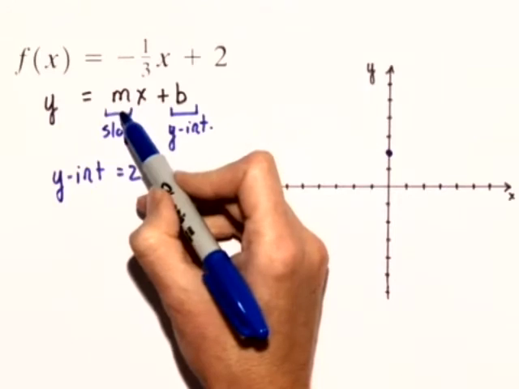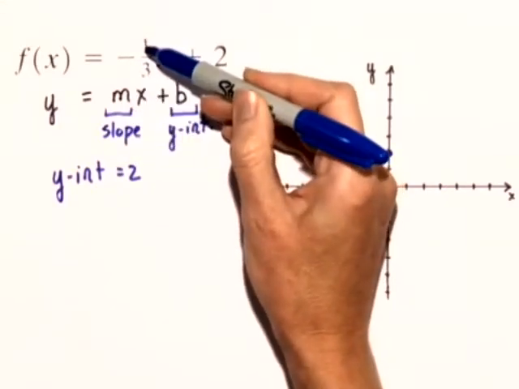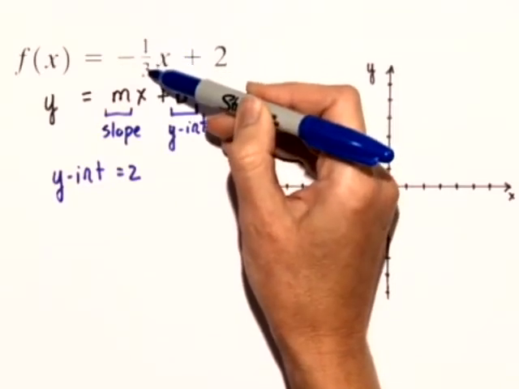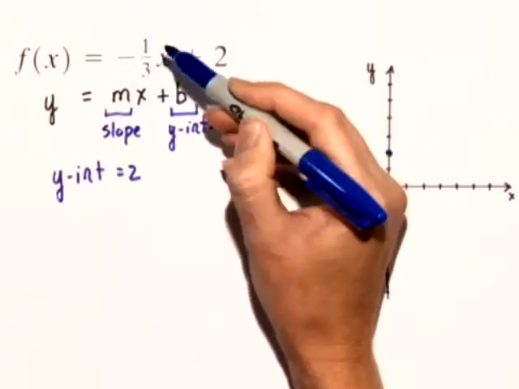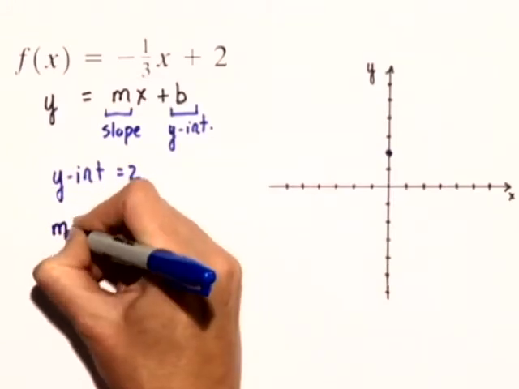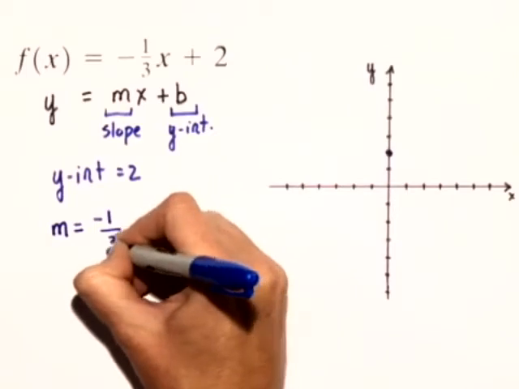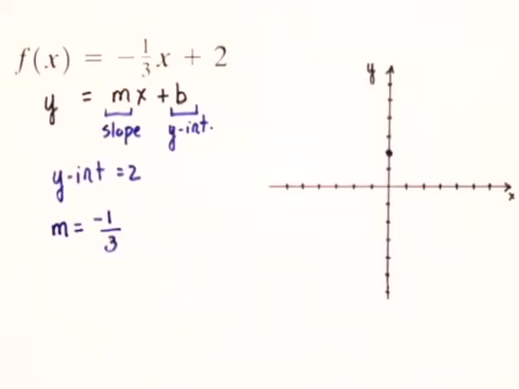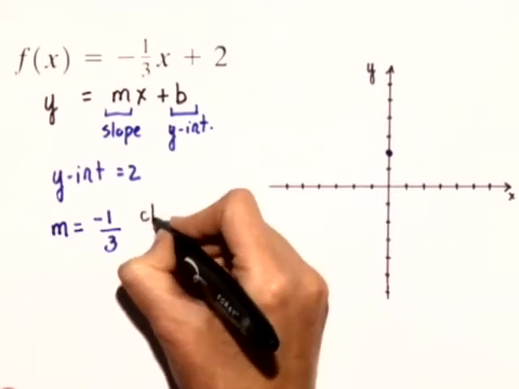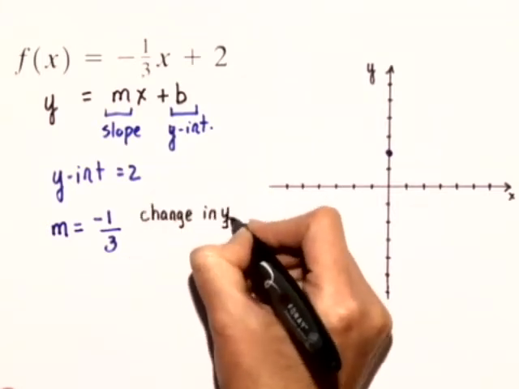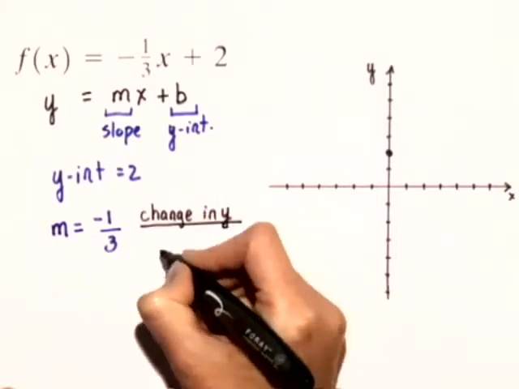Now the m we can think of as move. We're going to move in the direction of 1 unit down on the y-axis and 3 units across on the x-axis. Let's talk about that for a minute. Slope is equal to negative 1/3. Remember what slope really means. Slope really means the change in the y direction over the change